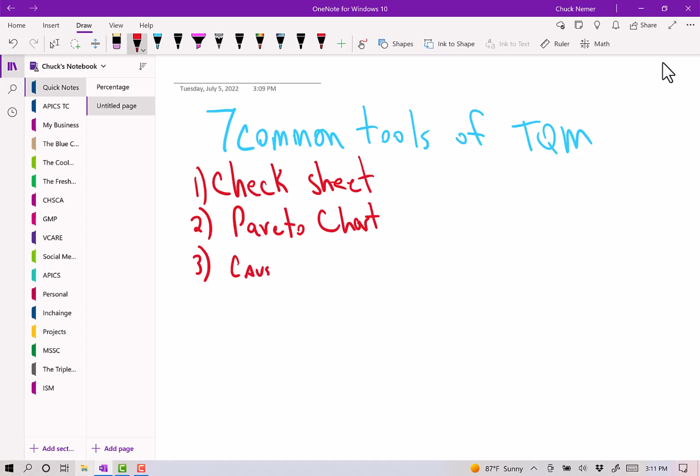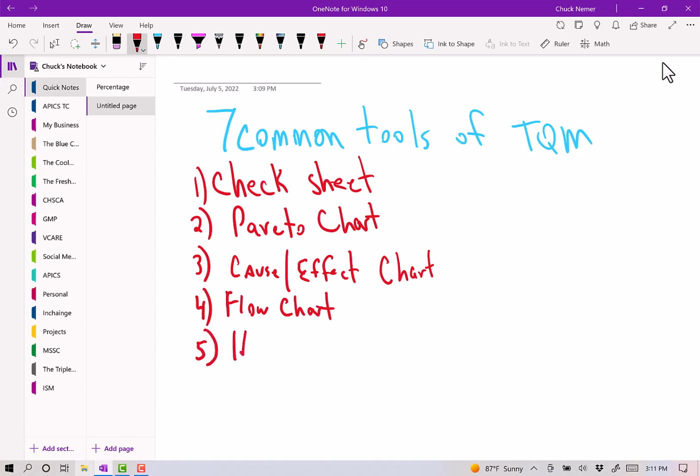A cause and effect chart. Now, a cause and effect chart is also called a 5Y chart, an Ishikawa chart, a Fishbone chart. It's a tool to start brainstorming the different causes to try to get to the root cause of an issue. A flowchart, which is a visual representation of what the process steps are and the decisions that have to be made in the process. A histogram, which is a graph of the frequency of occurrence of different types of measurements